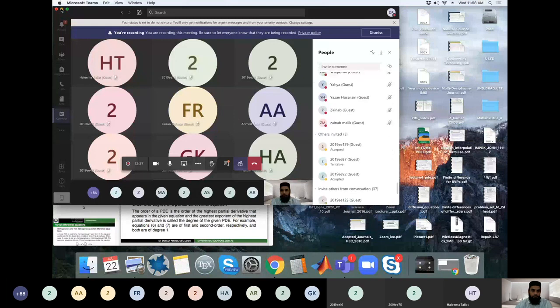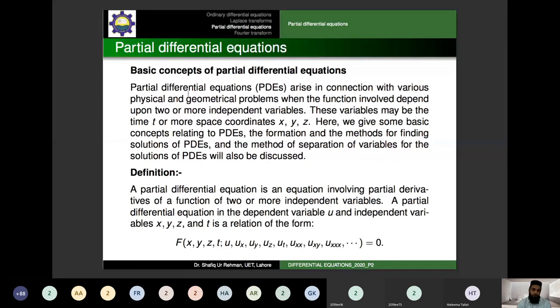All right. So there is going to be a differential equation, but since it is going to involve partial derivatives of a function of two or more than two independent variables, what are the elements to be there when we describe our differential equation known as partial differential equation?